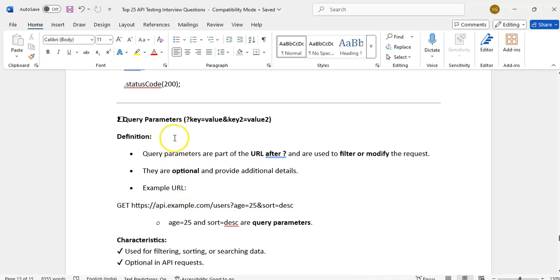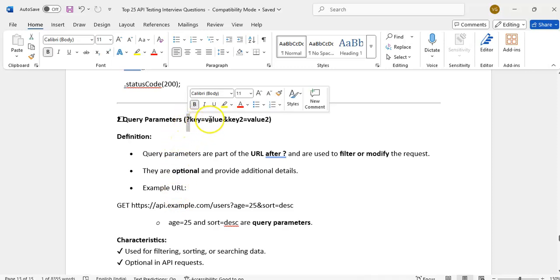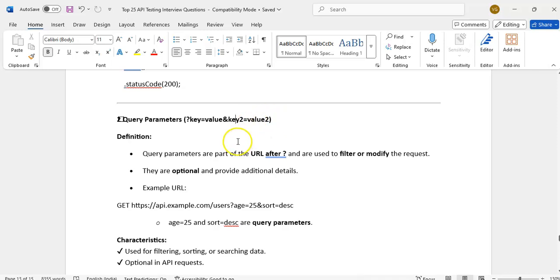Query parameters are written as a question mark, then key equals value, and if you want to send multiple, an ampersand and another key equals value. Query parameters are part of the URL after the question mark and are used to filter the data and modify the request. They are optional, not mandatory.